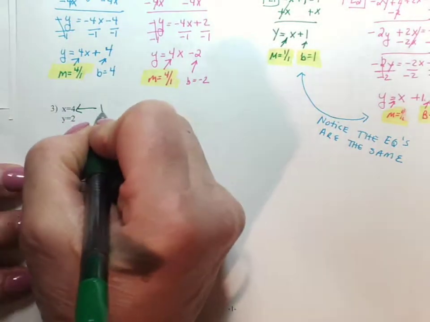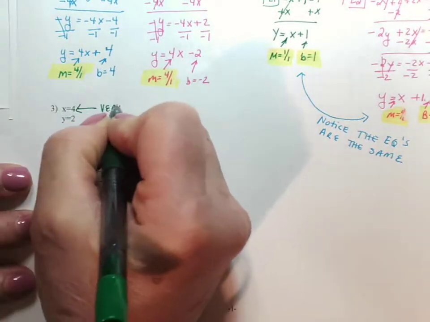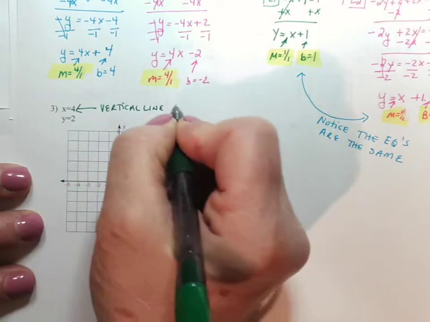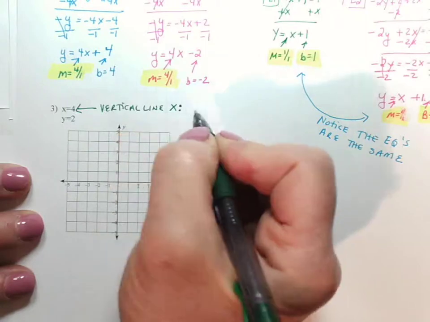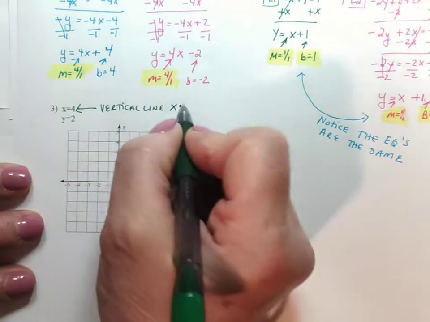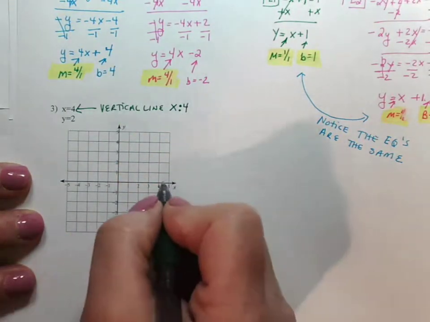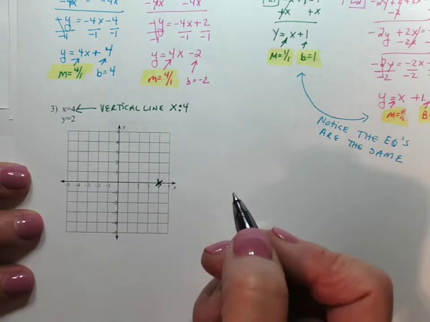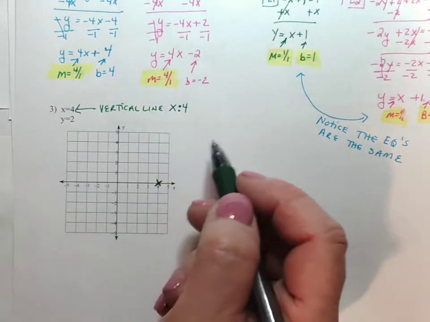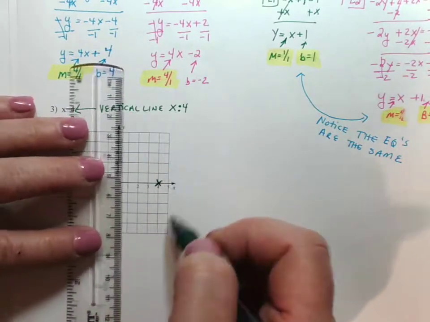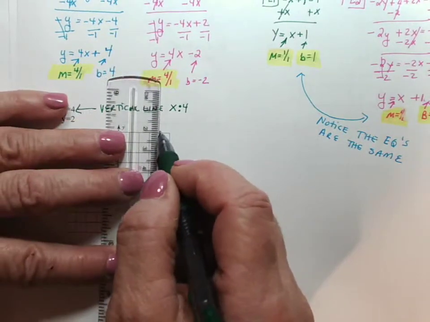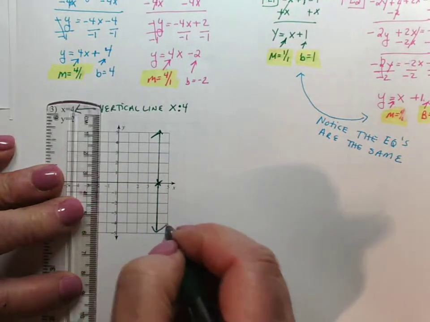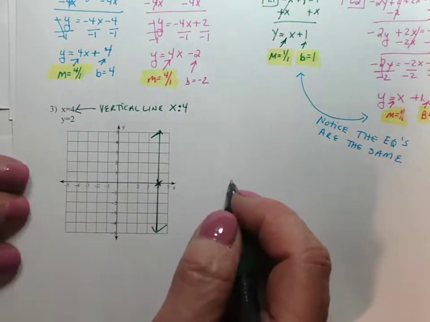That is a vertical line, and it has an x-intercept of 4. So the x-intercept is 4, and all of the x-coordinates are going to be 4. So we have this vertical line,